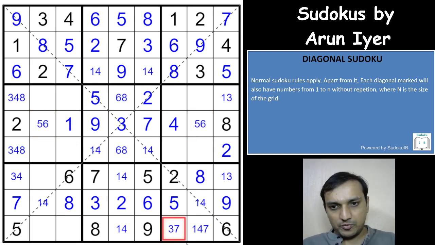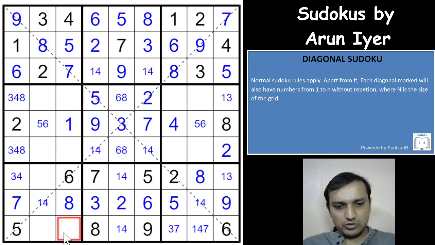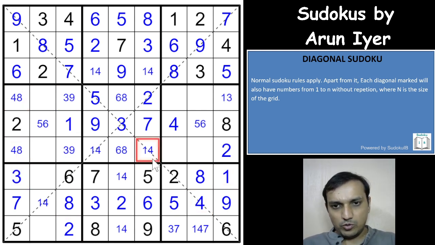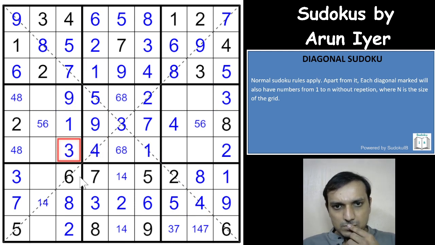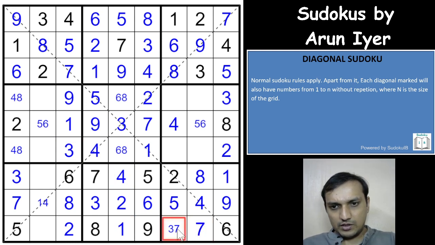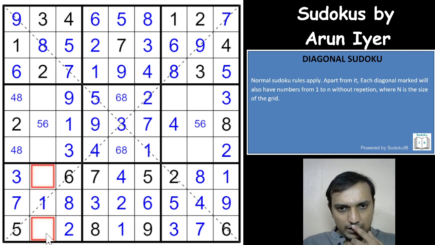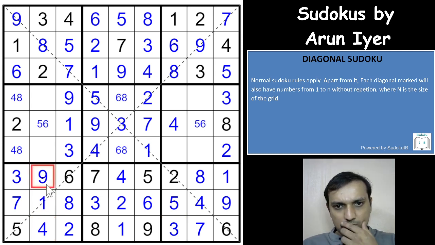That 4 eliminates 4 from this cell. So 2, 3 and 9, so this cell would have to be a 2, 3 and 9 in any order, right? That 3 removes 3 from both of these cells, so this cell is a 3, 1 4 1 4 1 and a 4. That gives you a 3, 9 and a 3, 4 1, 7 and a 3, 1 and 5, 9 and 4, right? So this is 4, this is 9,